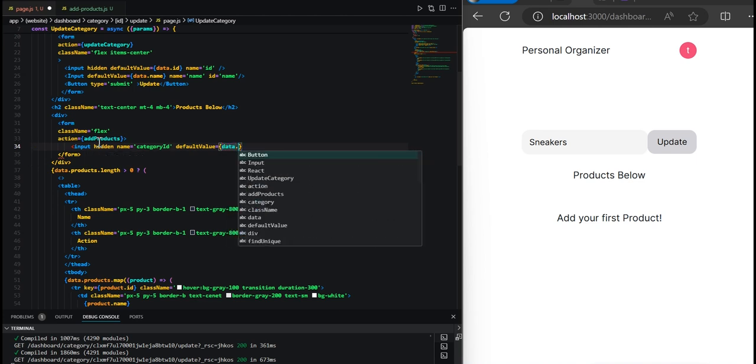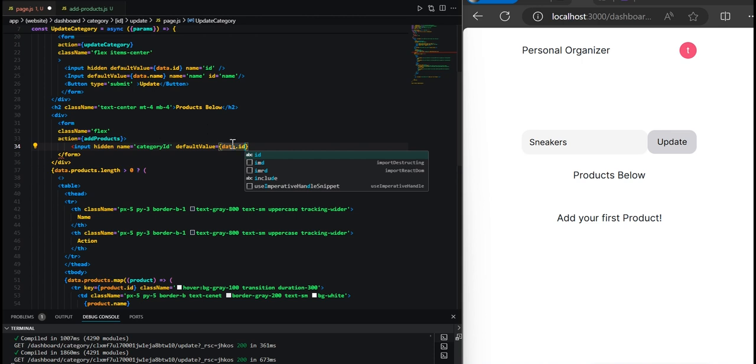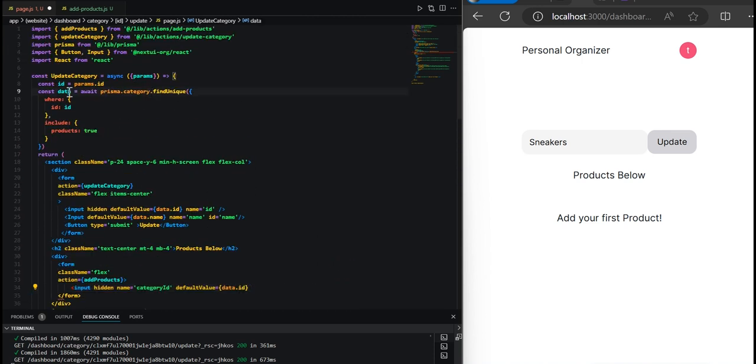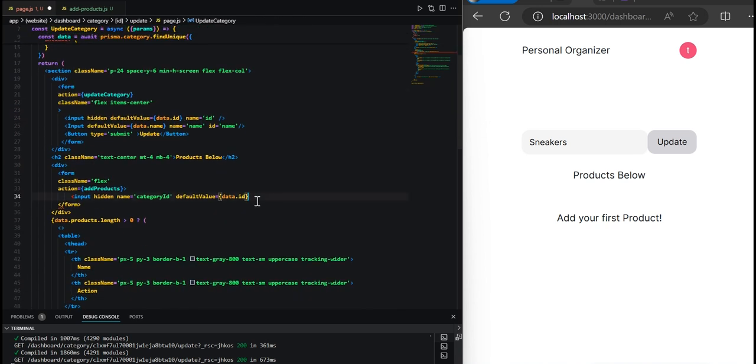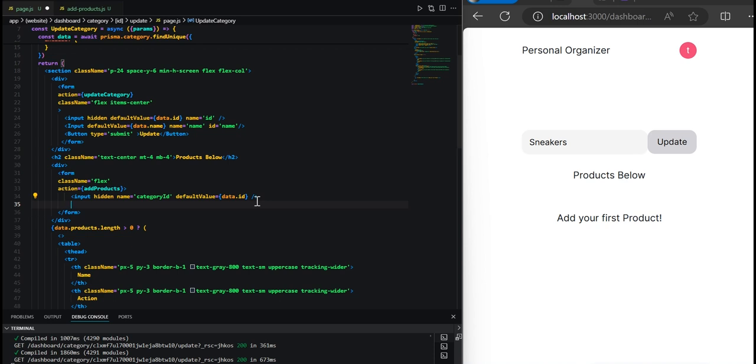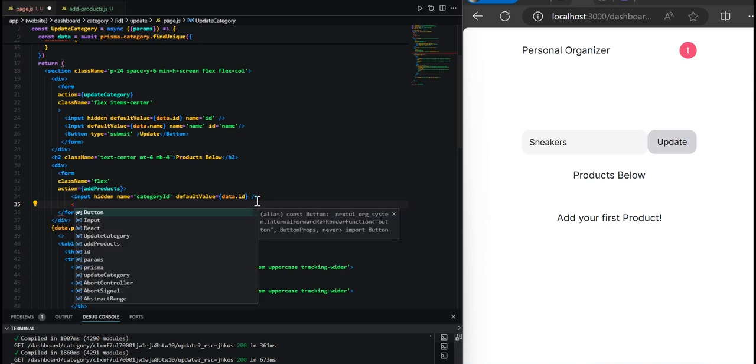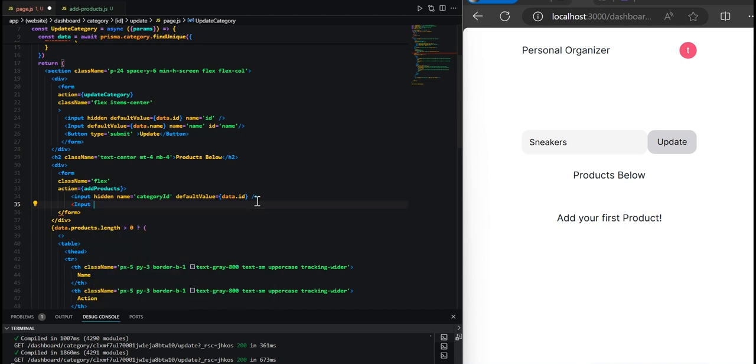Default value of data.id. And remember, this default value is coming from this variable, and we're capturing the ID of this variable. Perfect. So now we can go ahead and close the input tag. And then now we'll need to have the ability to submit the name of the product. So we'll go less than bracket Input with a capital I, and it is already imported from NextUI. That's right. Let's add a placeholder, and this placeholder is going to be name, and we'll give this a name